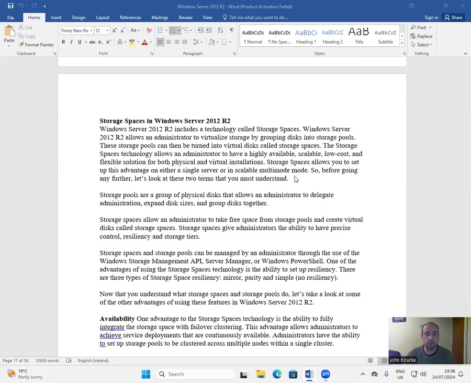Windows Server 2012 R2 includes a technology called storage spaces. Windows Server 2012 R2 allows an administrator to virtualize storage by grouping disks into storage pools. These storage pools can be turned into virtual disks called storage spaces. The storage spaces technology allows an administrator to have a highly available, scalable, low cost and flexible solution for both